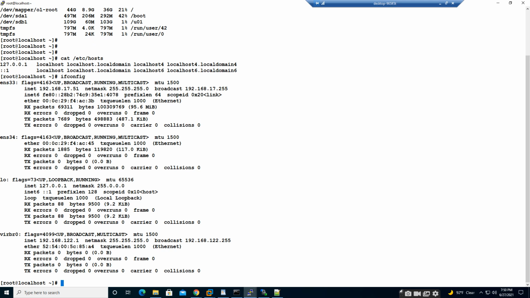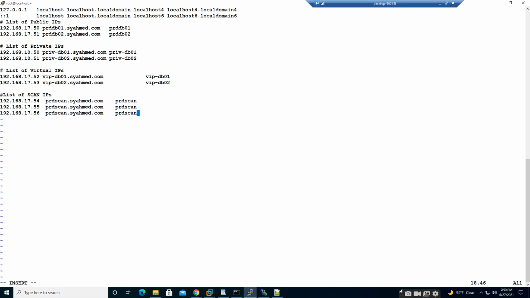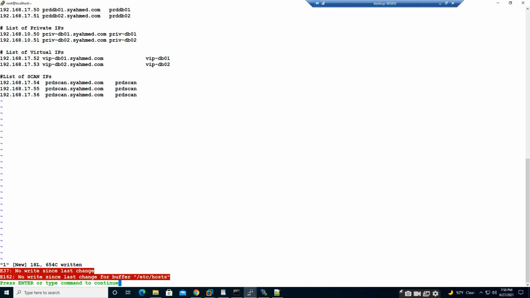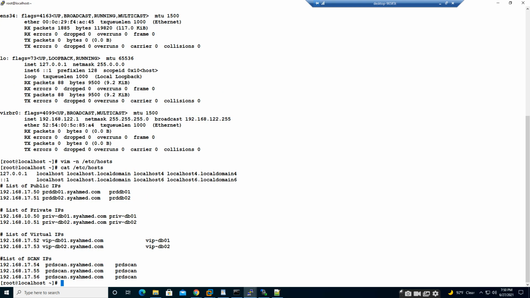As you can see, the IP address is 51. So I'm going to modify the file and paste the same configuration here. Now let's view the content of this file and do a ping.